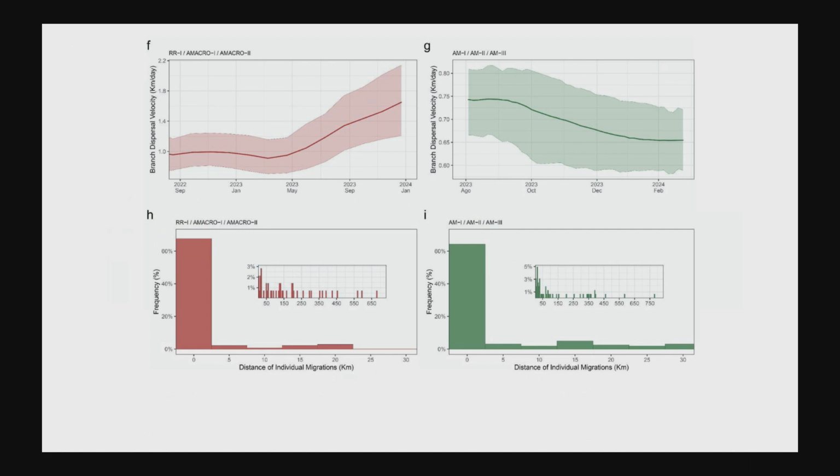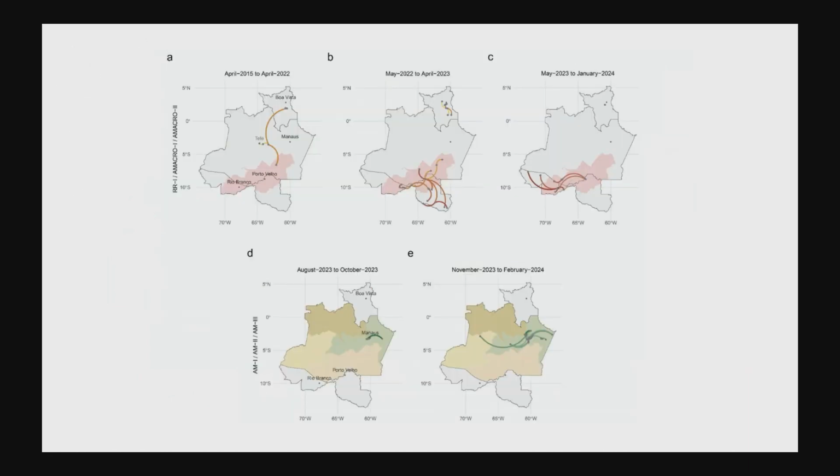So since we have different areas in Brazil that are not endemic and are reporting this virus, this was also an important result that allowed us to better understand how this virus was spreading. And then also based on the genomics results that we got, we were able to reconstruct the pathways of this virus spreading in different places in Brazil